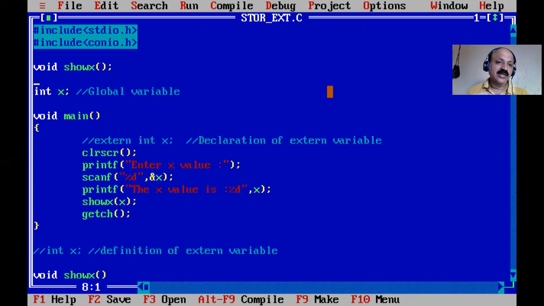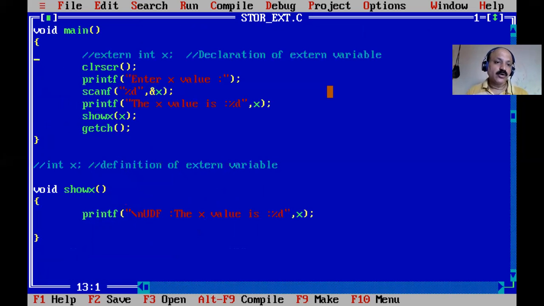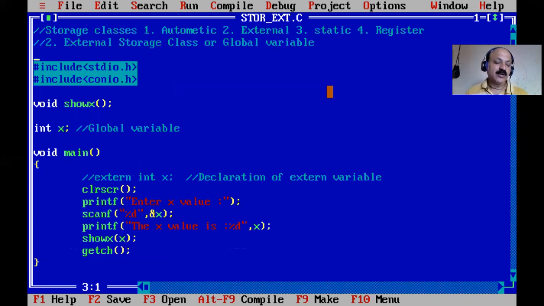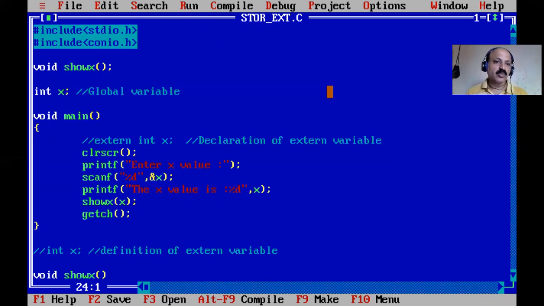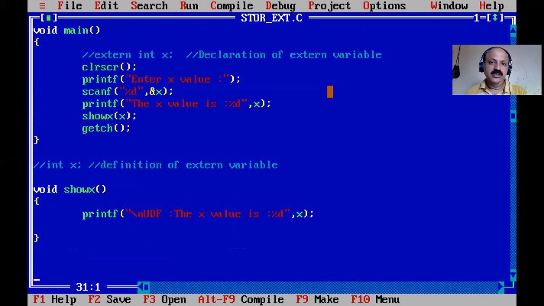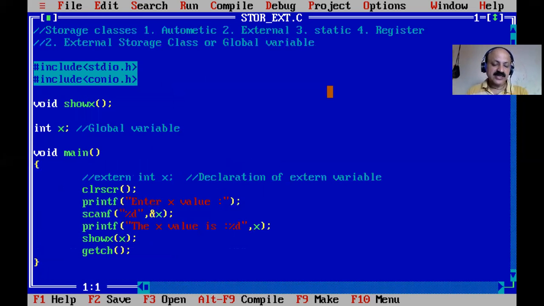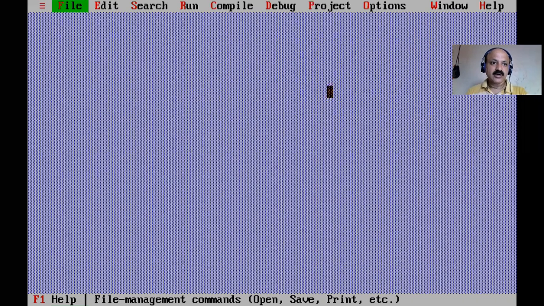If you only declare, there is no error. The default value is zero, and its life cycle is the entire program, as a global or external variable.